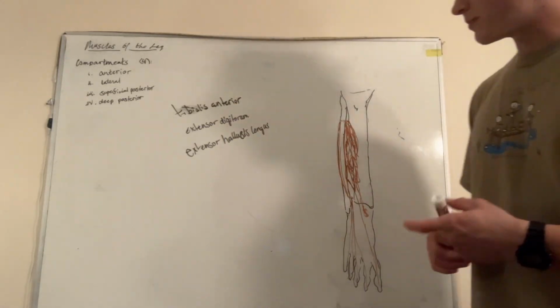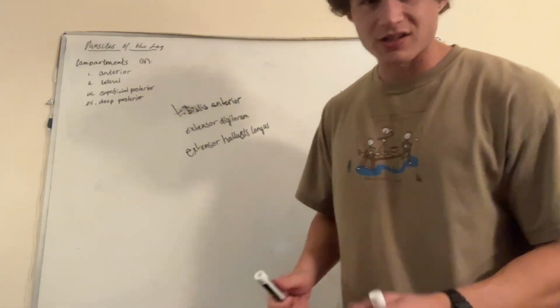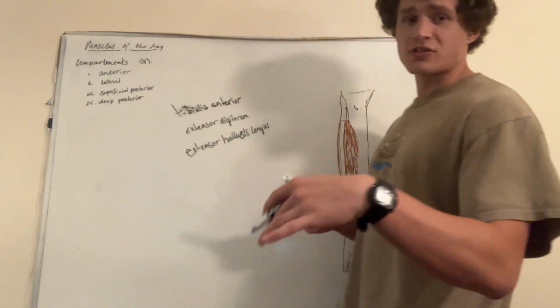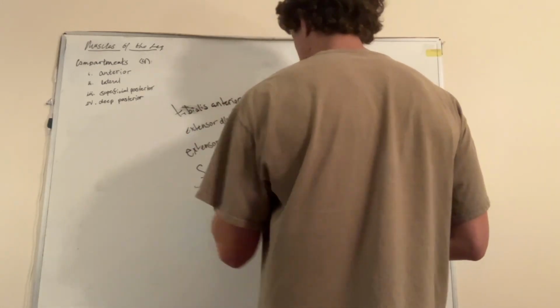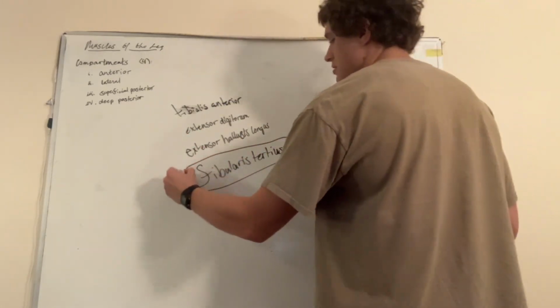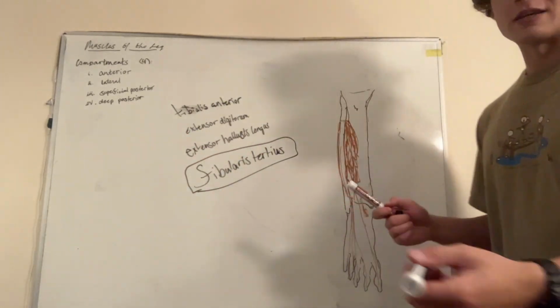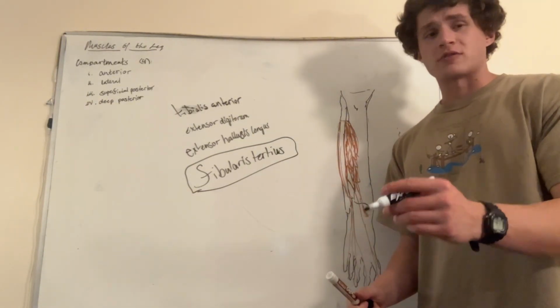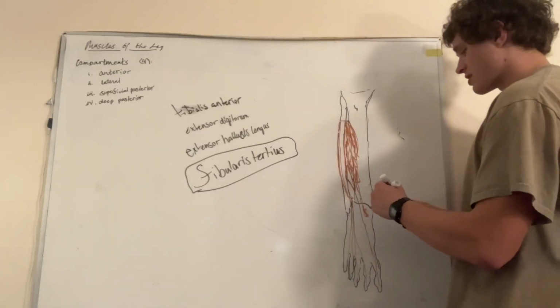But I did mention there was a 4th one that's kind of shaky, and that 4th one is peroneus tertius, or fibularis tertius. It's named the same as the other muscles in the fibular compartment, which we're going to get to after this. Fibularis tertius takes its name because it kind of,